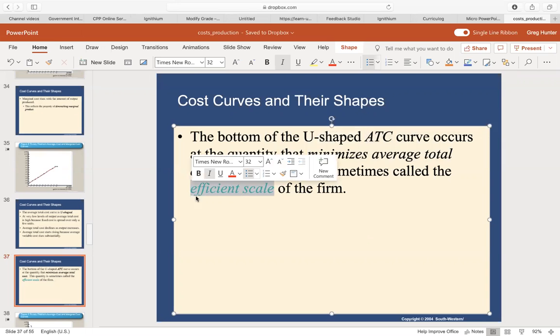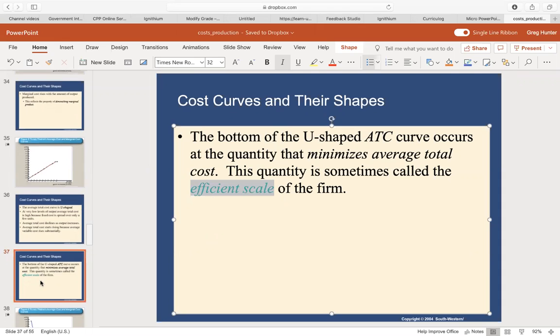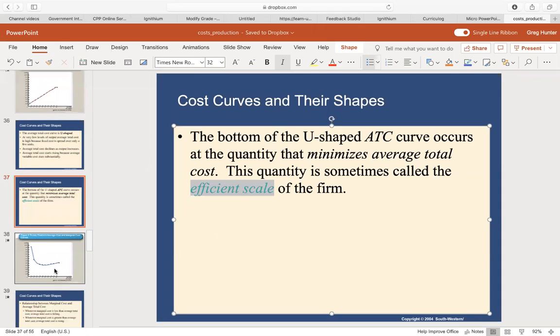And we give that a label of efficient scale, because it turns out that in any given line of business, firms will be pushed by competition to produce at the efficient scale, because if they don't, then other firms will be able to come in and offer the good at a lower price. And so the efficient scale is a really important concept, and being able to recognize it. So here's